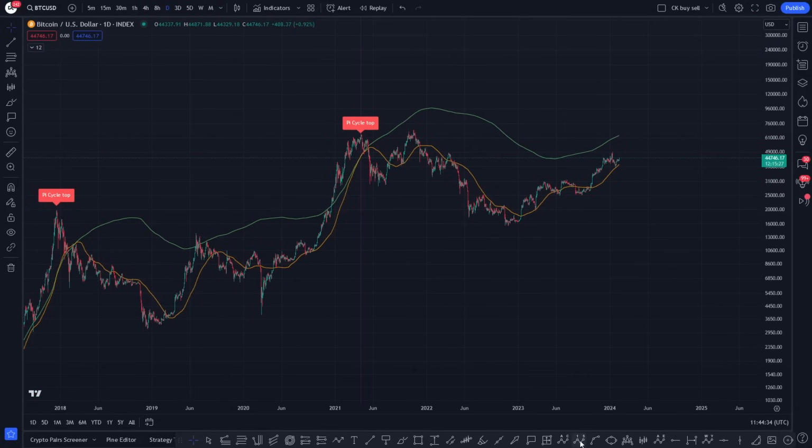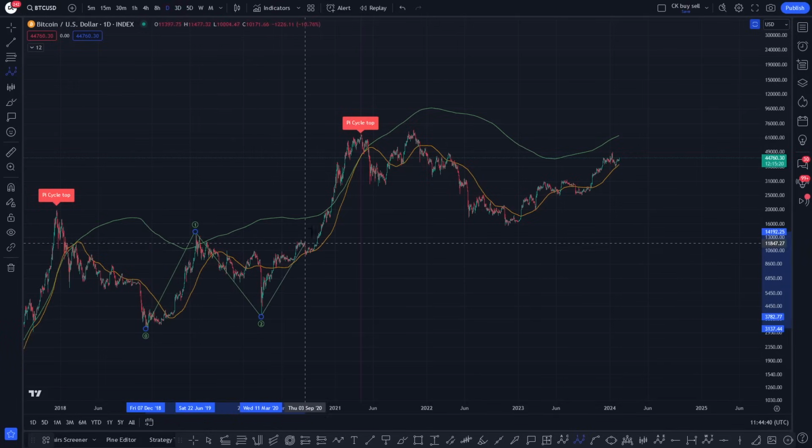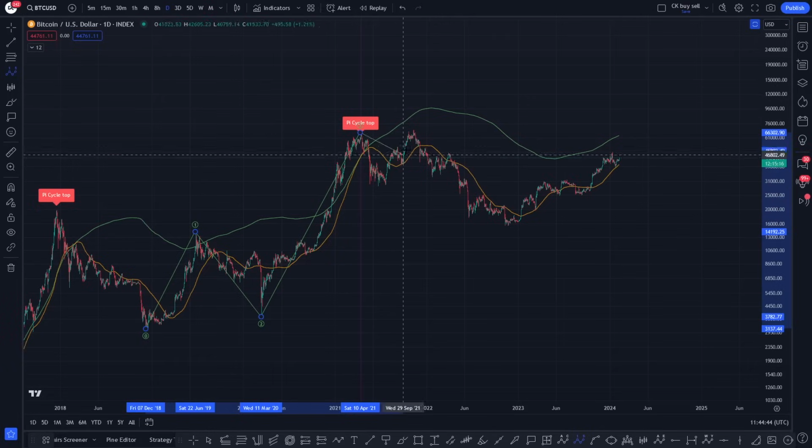So it has been my count for a very long time that this here has been a wave 1 impulsive move, okay. Then we've had the wave 2 ABC zigzag, then we've had a massive wave 3, and from that point just there we've had an A wave down, a B wave high, which is a bull trap, and then we've had the C wave.